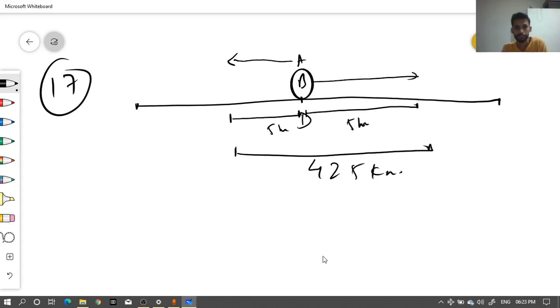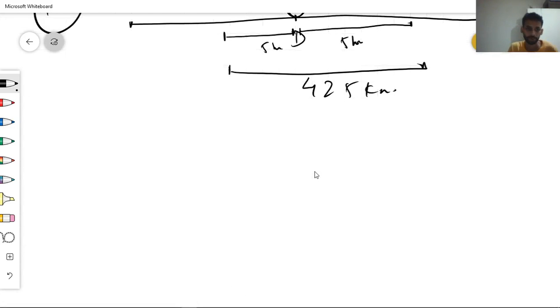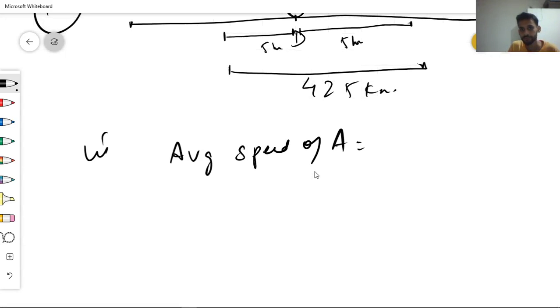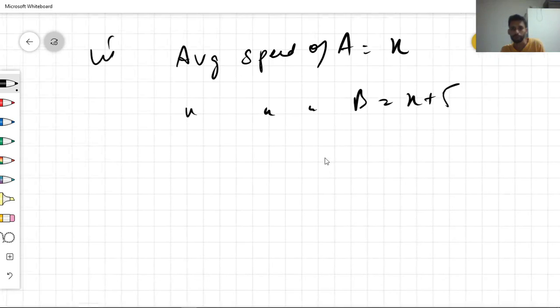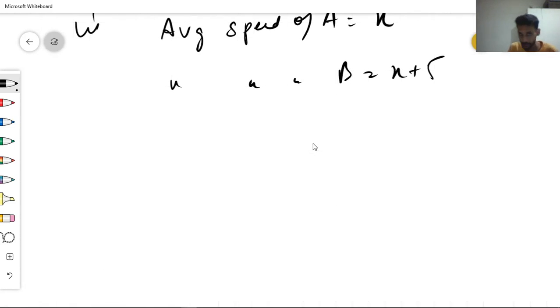So we need to find the average speed of A and B. Let the average speed of A be equal to x, and the average speed of B will be x plus 5. Now when they are traveling in opposite directions, we have the speed and we also have the time, so the distance by A will be